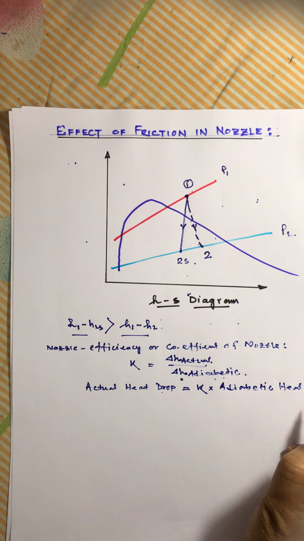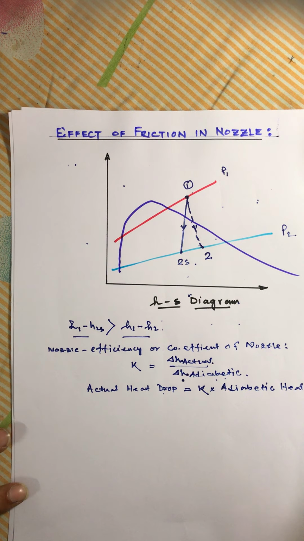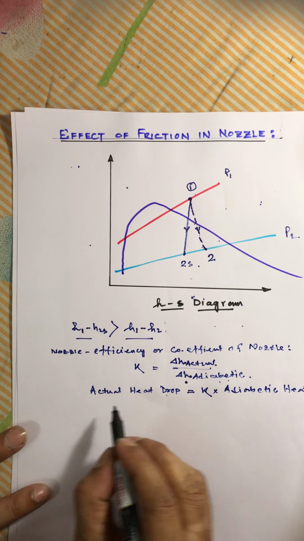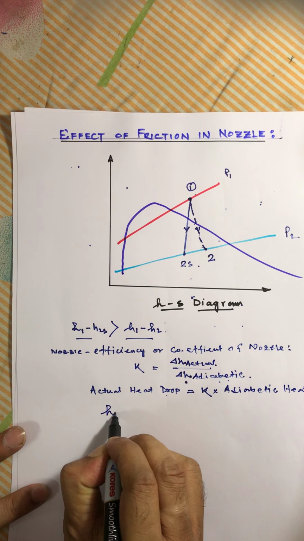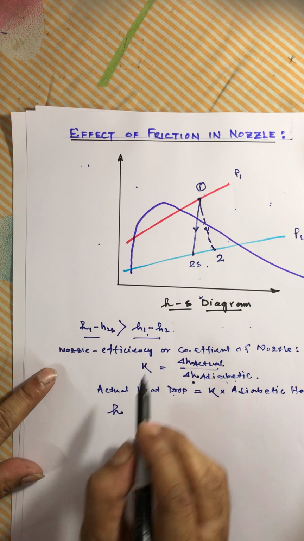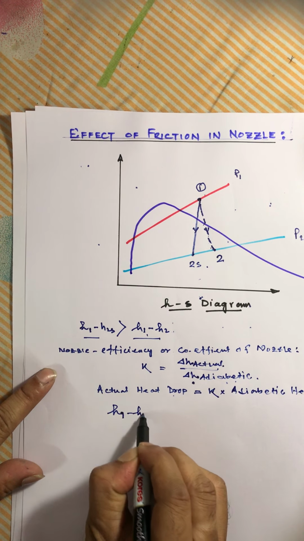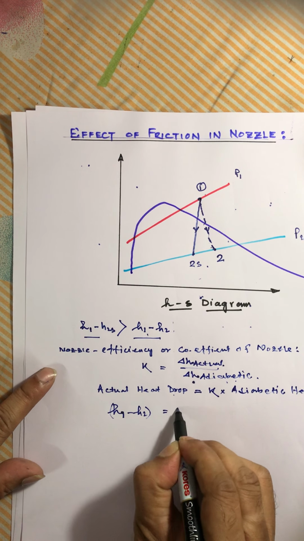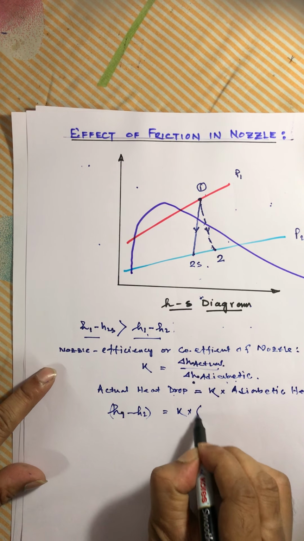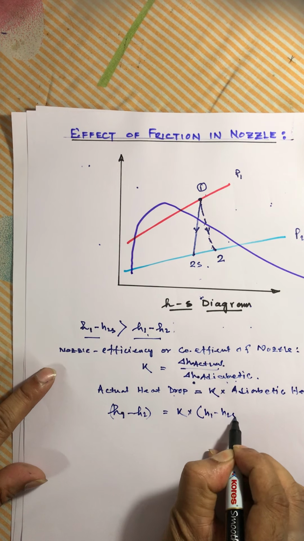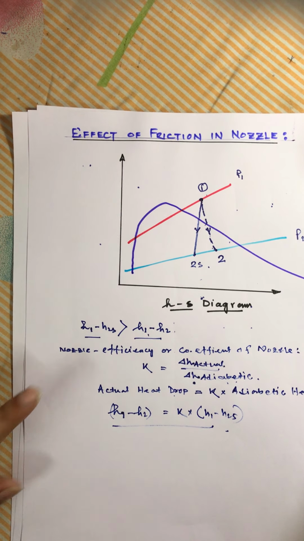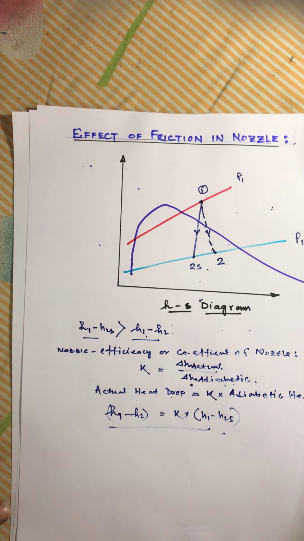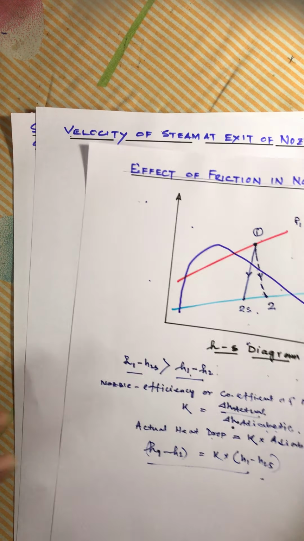Okay. So, we can write H actual, this one, H1 minus H2 is equal to K into H1 minus H2S. With this effect considered, next topic we will discuss